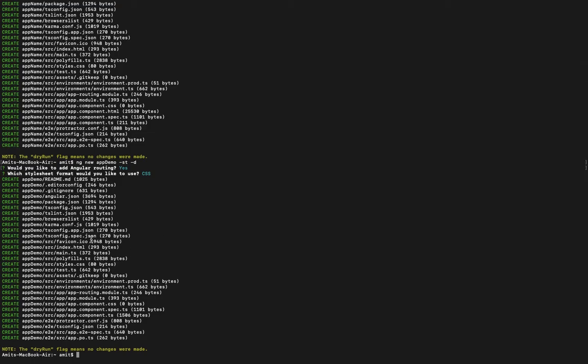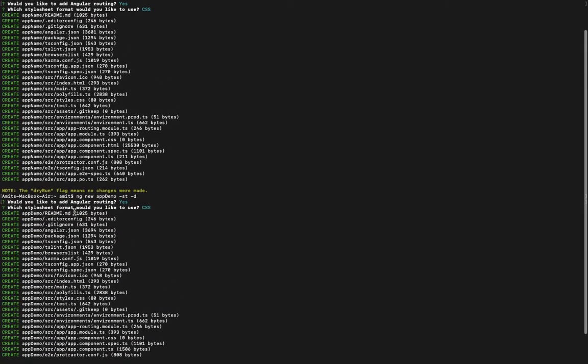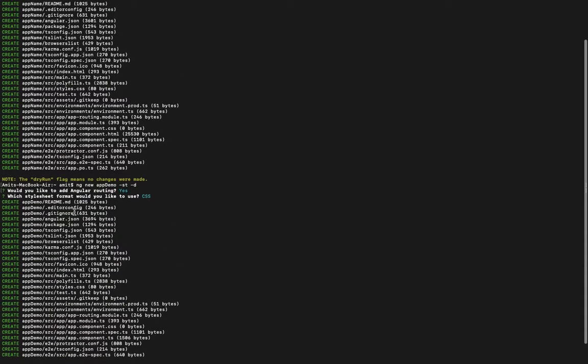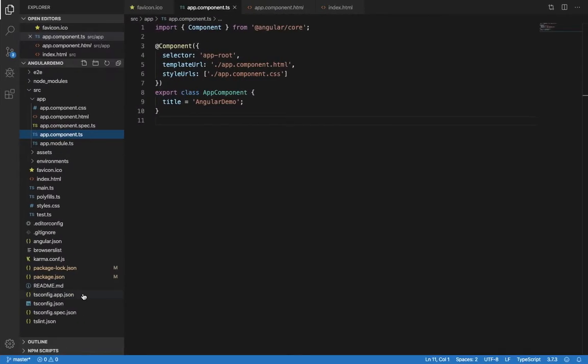Then see over here, it is again a dry run, and it is going to show you which kind of files are going to be generated, and there are no changes made. In these two commands you can see that here test files have not been generated, right? So this is how you have to apply this dry run command, and you can use this dry run flag in other commands also, right?